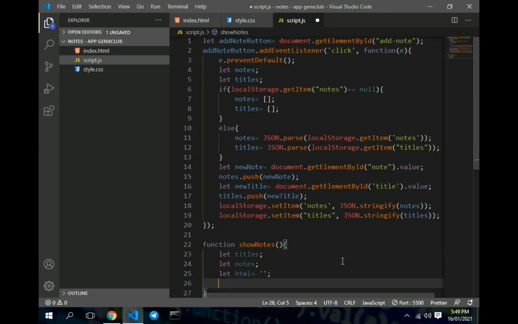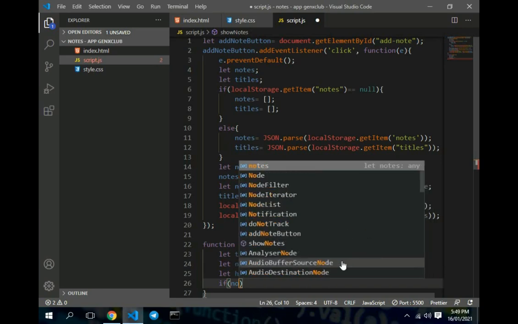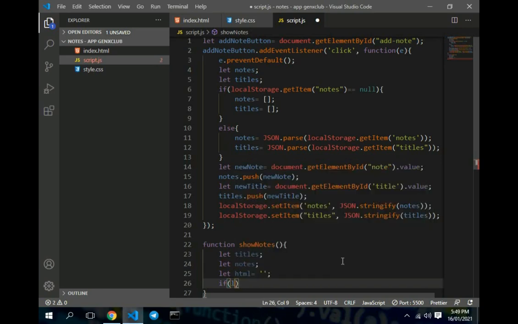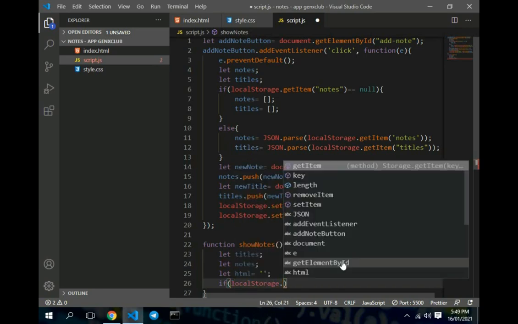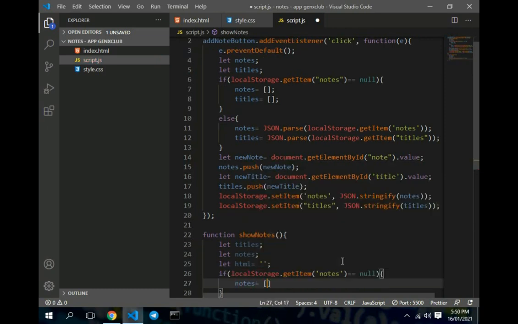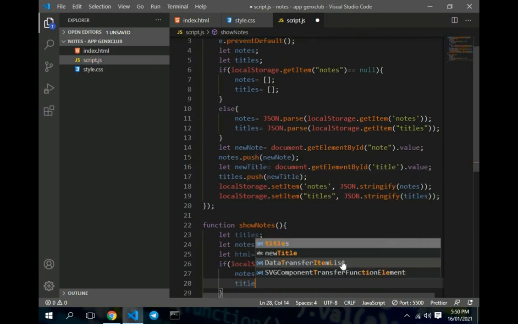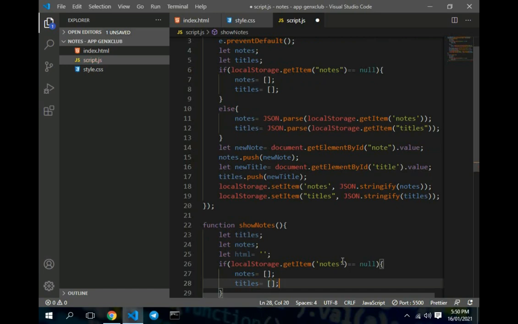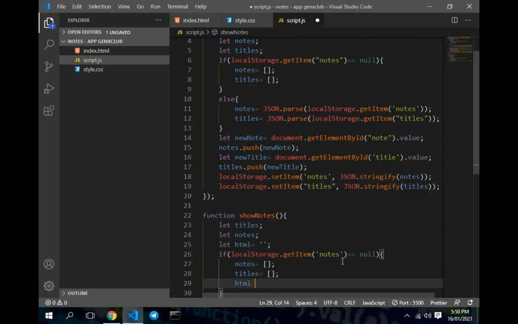Okay, now if localStorage.getItem notes is equal to null, then notes equals an empty array and titles equals an empty array,